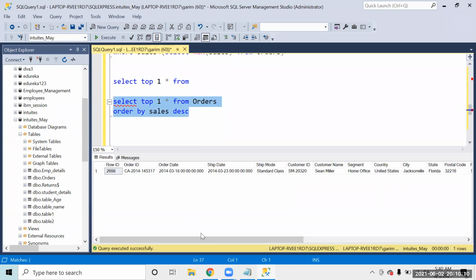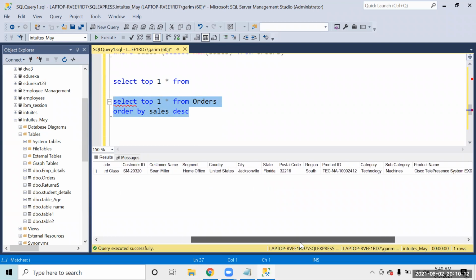Right, so now I picked up the first row, which gives me the highest sales.